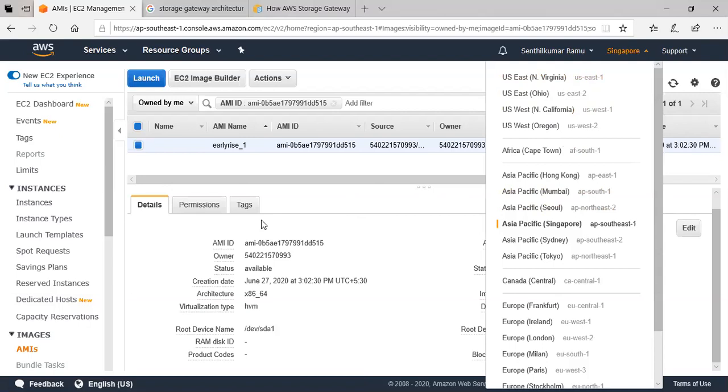So the methodology is the protection of the workload, the entire OS image, which can run a web server, app server, DB server, whatever it is. I shut them down once and created an AMI. Once the AMI got created, I went to the AMI, selected it, and moved it to Singapore. It's a good exercise for all of you to do once.